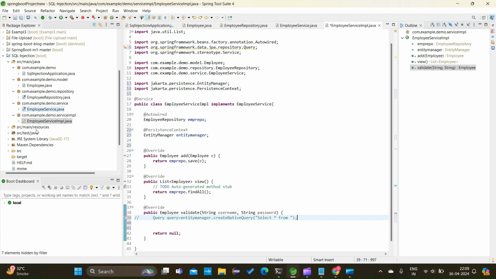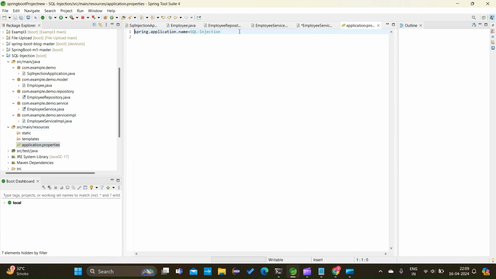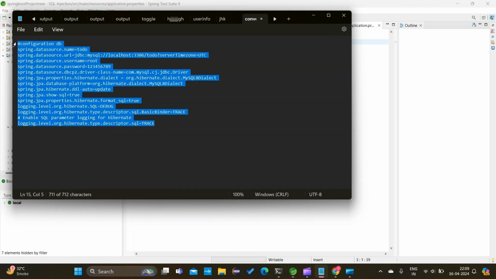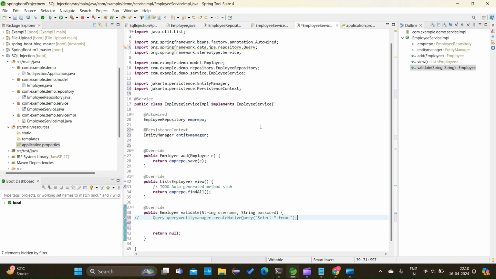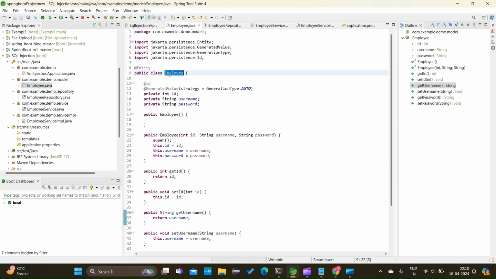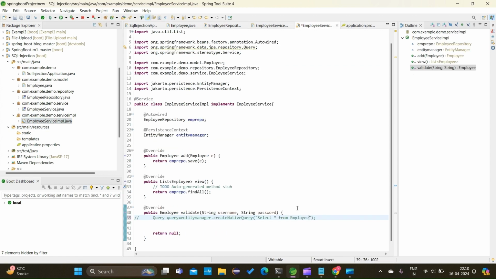Okay. Before this we have to configure our database, right? I mean, which database we are going to use. So I have already created a test database in my MySQL. So here I'll just use all these configurations. Here it's test. So in test, we'll have employee as our table name. As we have not given a @Table annotation with a name, by default it will save by this name. Okay. So select from employee